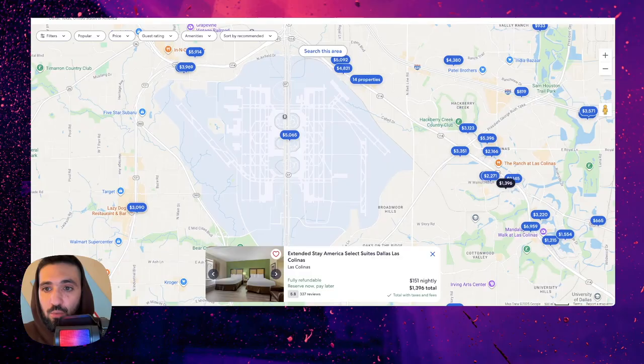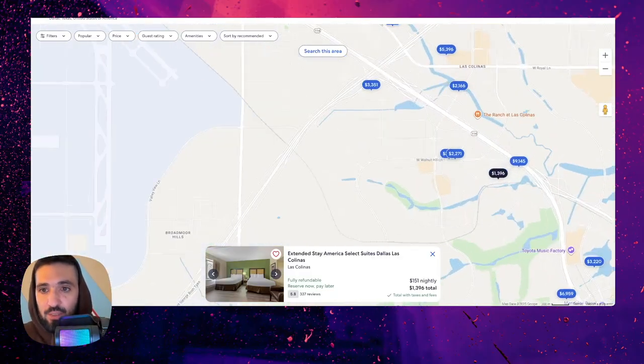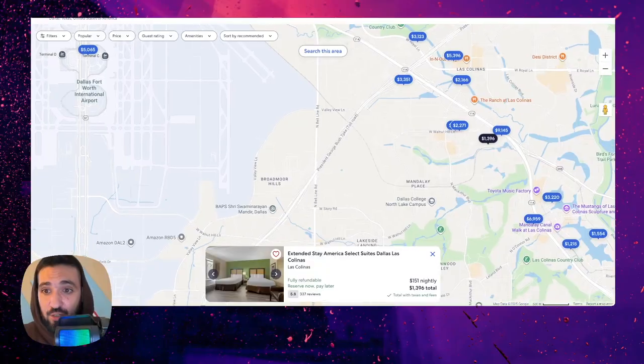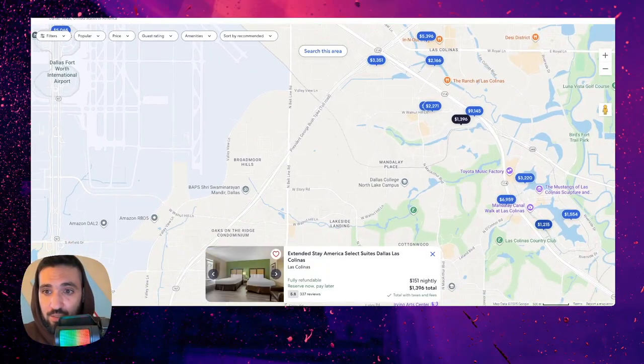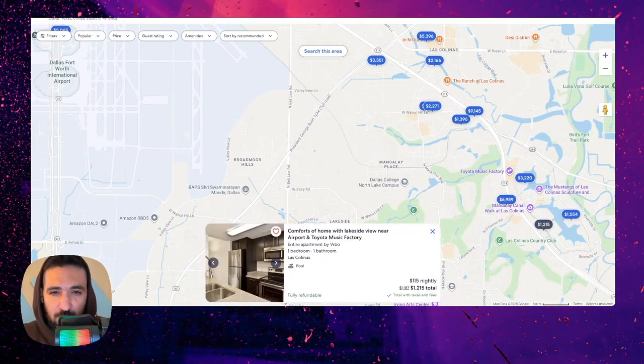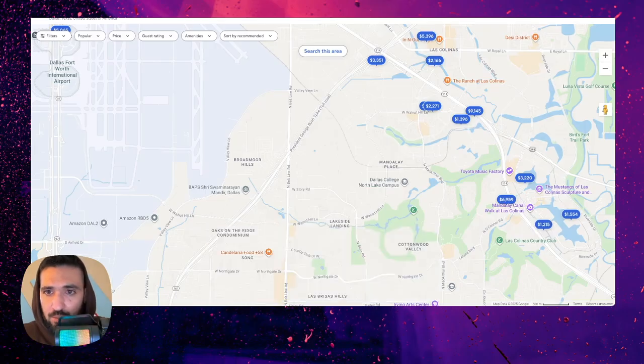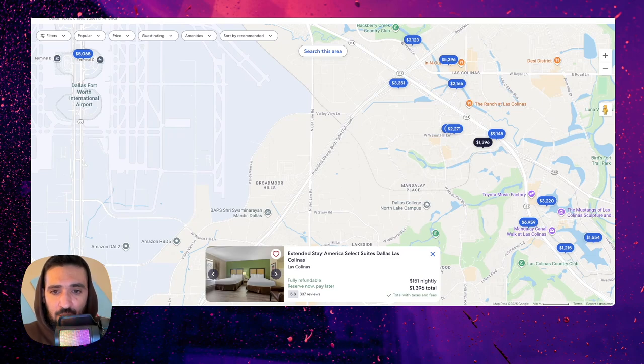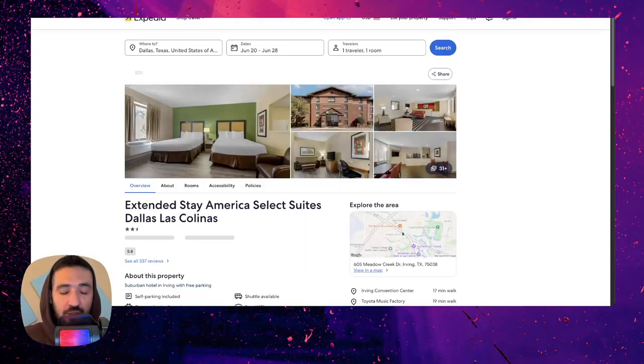So maybe we can continue with the same family of hotels and go with this one since it's very affordable. There's even one that's down here that's 1,200, but it's kind of like an apartment or something. So let's just stick with the Extended Stay America. It's an affordable price. It's $151 per night. It's very close to the airport.